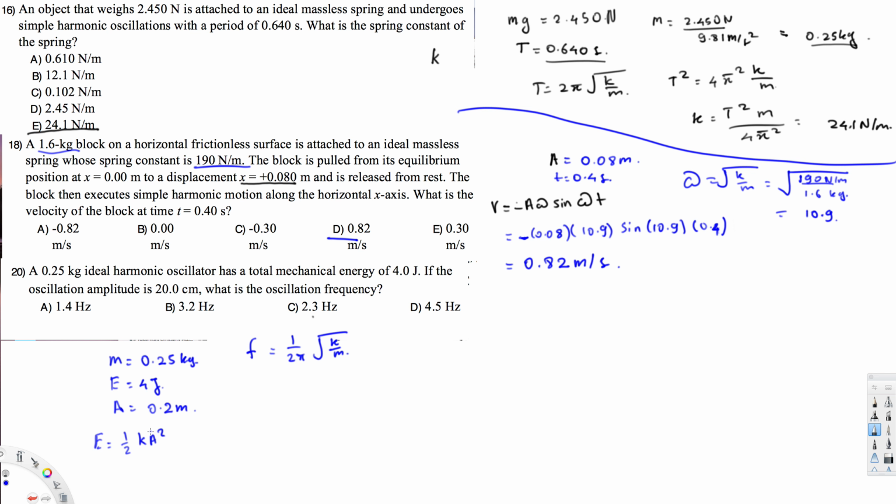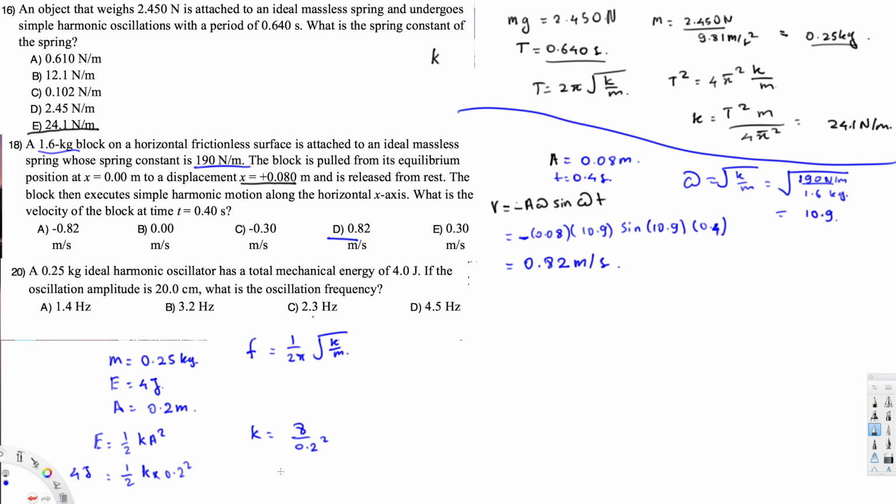This is the maximum, like at the highest point, so that's going to be maximum potential energy. So here, we have that energy, 4 joule, provided. 4 joule is equal to half times k, that's what we are trying to find, times amplitude square, 0.2 square. If we flip around, k will become 8 over 0.2 square,